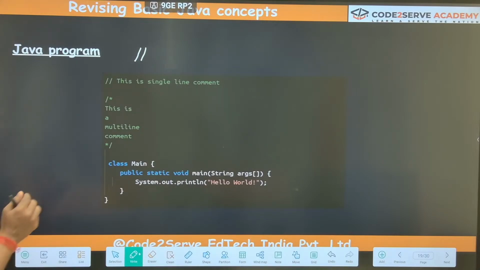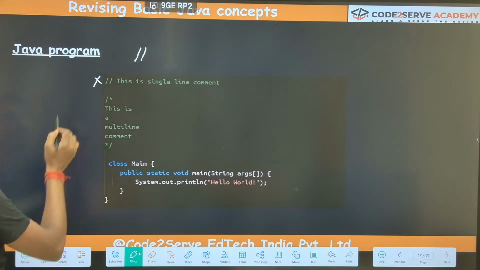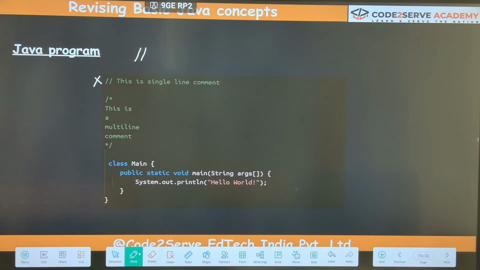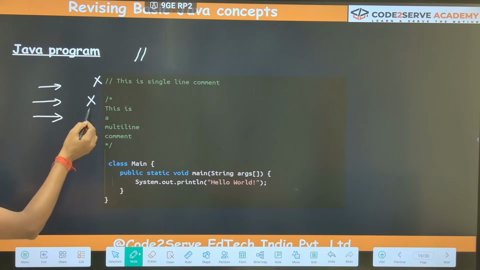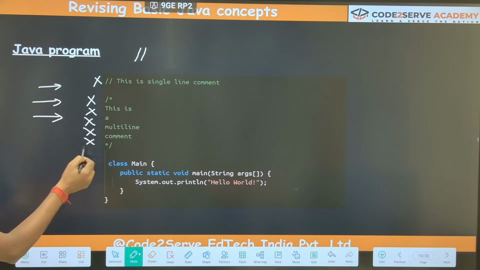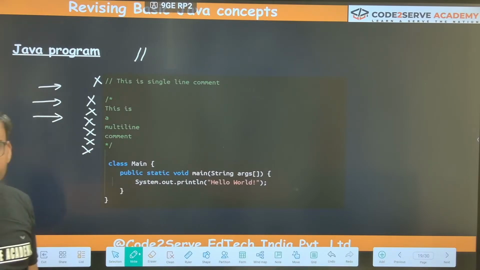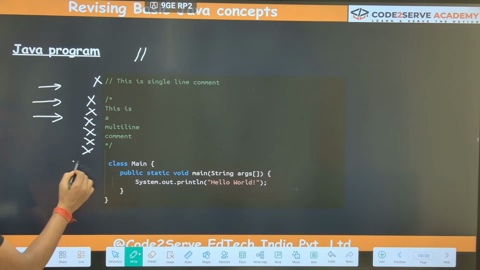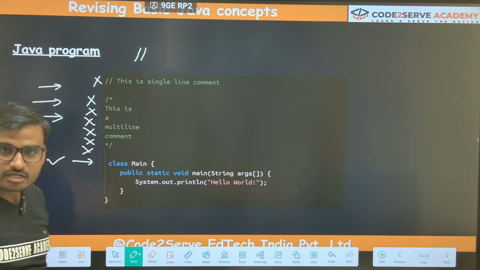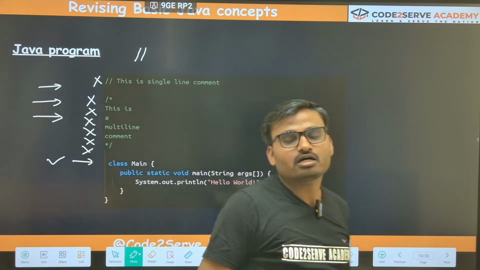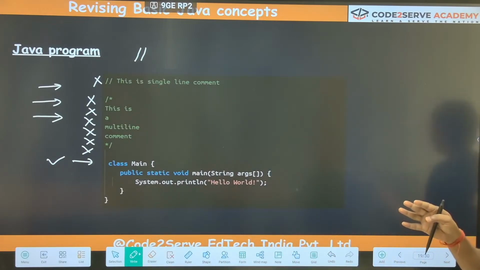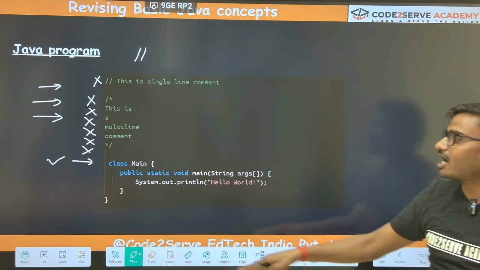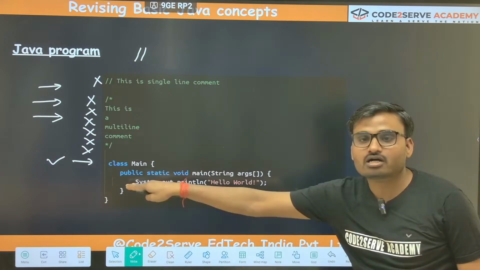It is skipped. So whenever the compilation process starts, it goes line by line, and it is going to miss this. It is not going to execute all this. Execution will start from here. Got my point? Java or any other programming language will skip those and start compiling or interpreting from here.